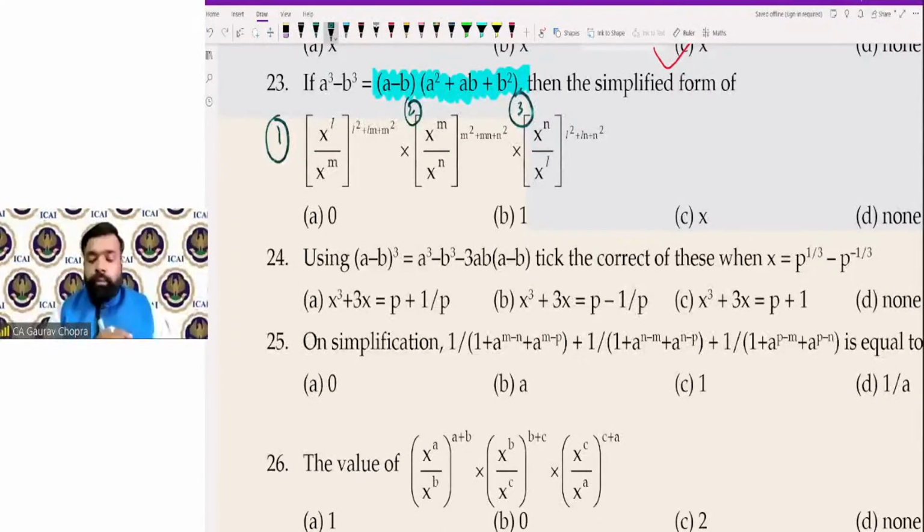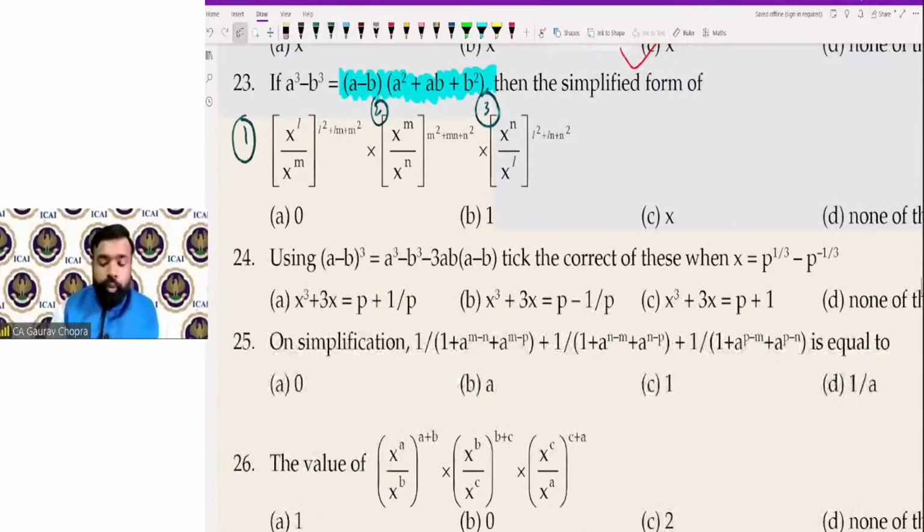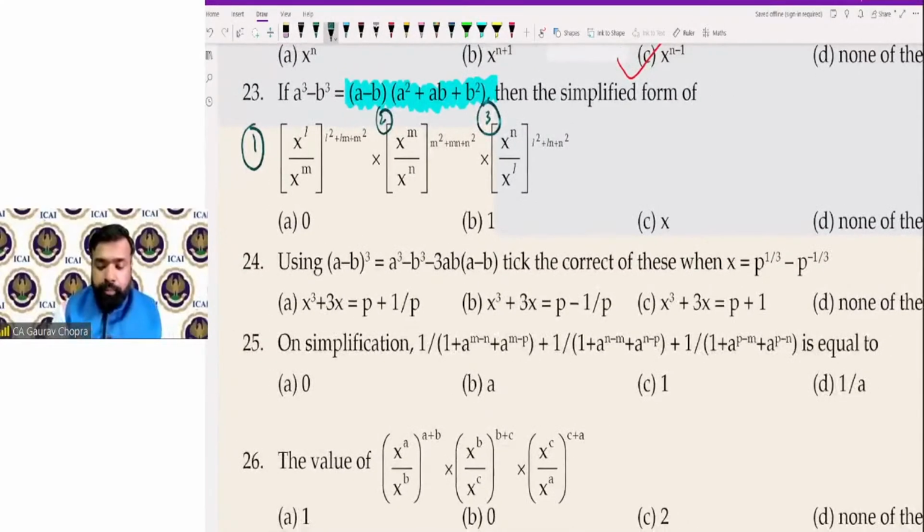यहाँ पर आपका क्या बनेगा? Cyclical pattern. If you take only one part first, let's say for x. तो x की पावर में क्या आ जाएगा आपके पास, l इज इन न्यूमरेटर, m डिनोमिनेटर में है, डिनोमिनेटर से वैल्यू जब न्यूमरेटर में आएगी it will become negative, so l minus m, and already there is one power which is L square plus Lm plus m square.